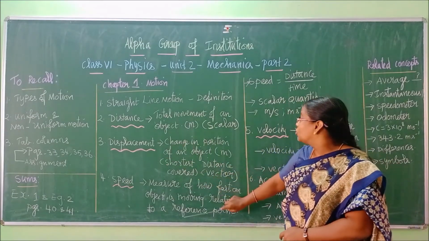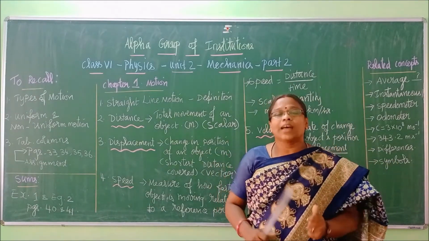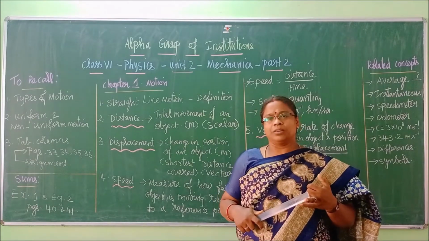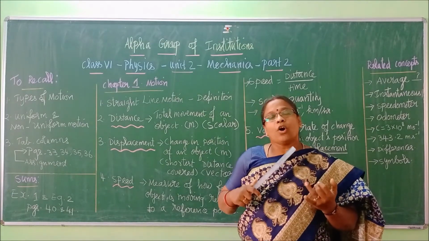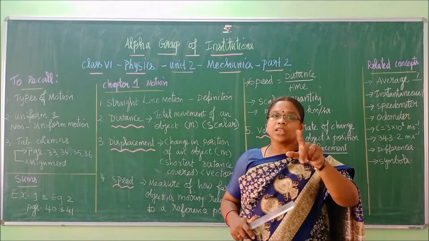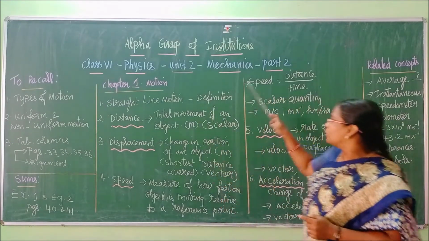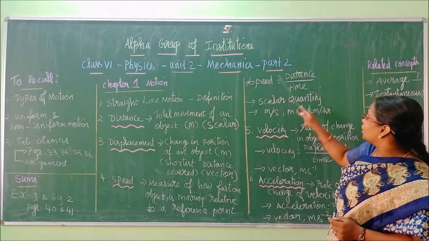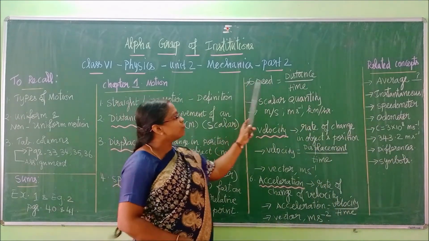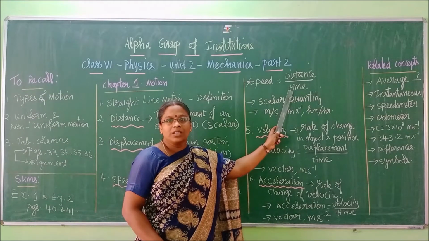So now we are coming to the definition. How much distance you are covering in a particular time. In 1 hour, how many kilometers do you cover? In 1 second or a few seconds, how many meters are you covering? Now you see the combination: kilometer goes with hour, meter goes with second. Now what is the formula? Speed is equal to distance by time. If you know this formula, automatically you can go with your definition. What is the definition?